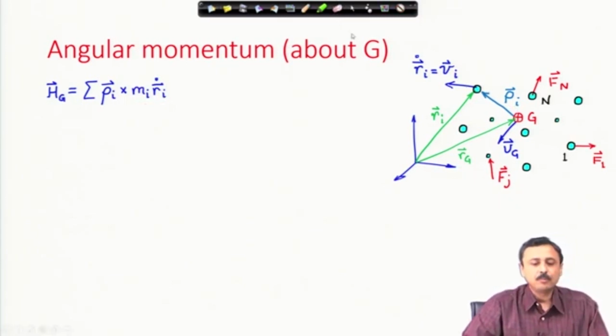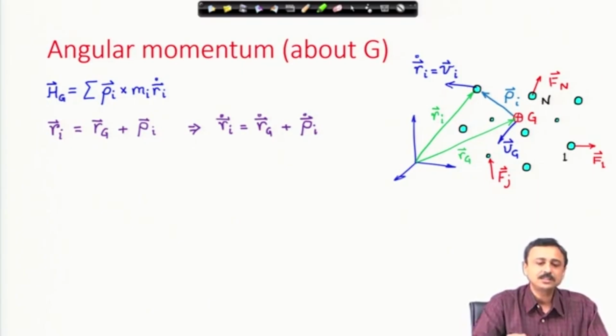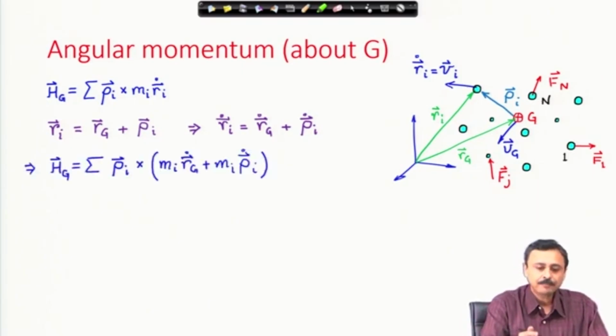Therefore, the moment of linear momentum of the ith particle about the center of mass is rho_i cross m_i r_i dot, and when you sum this over all particles, then you have the moment of linear momentum of the system about the center of mass, or the angular momentum of the system about the center of mass. And we use these definitions once again and obtain